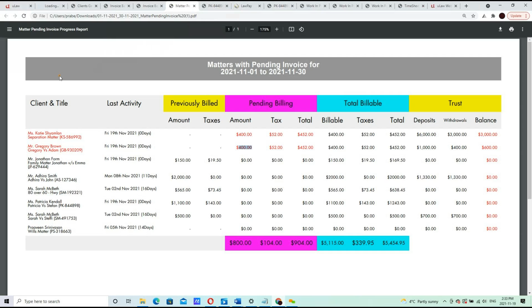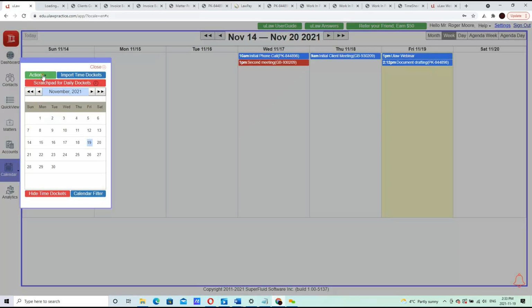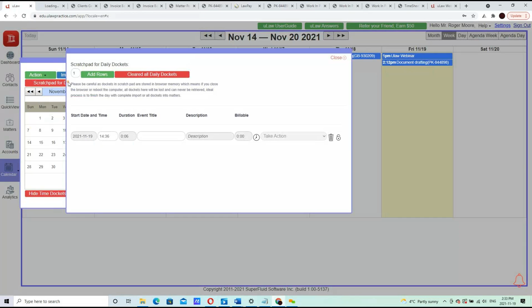So you're a legal firm, you're really working your day-to-day, grinding it, and you're meeting different clients. Sometimes you forget to docket, so we have the right tools to help capture this. So you can download the uLaw app on your phone and just simply docket or capture the time dockets. Or if you're writing this down on a piece of paper on a daily basis, you can always come back into our calendaring system, use the scratch pad, and just update this